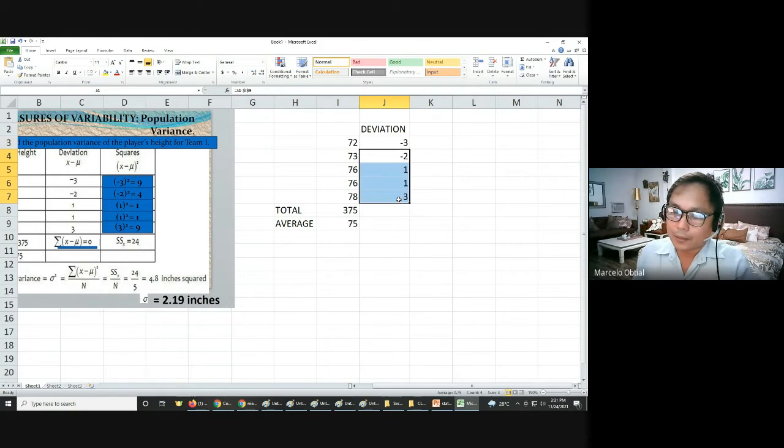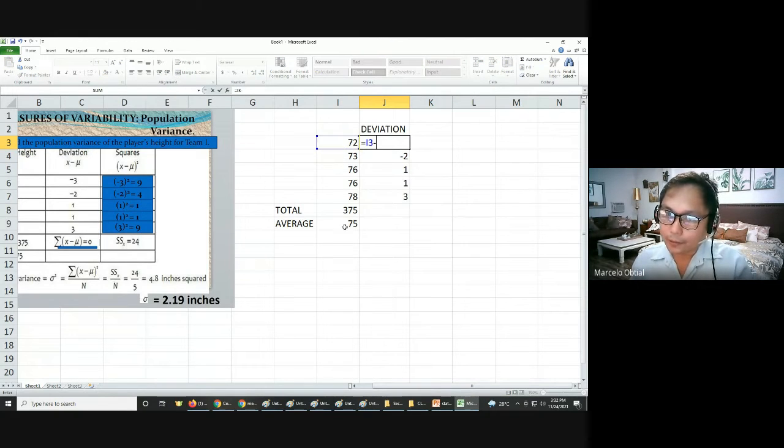Okay, try natin siya. Delete muna. Tapos, ayan. Okay, tama pa rin. Okay? Kasi mali kasi yun kapag nagdiretso tayo. For example, this value, okay, equal muna tayo. Then this value minus, okay, ito dito. Okay?